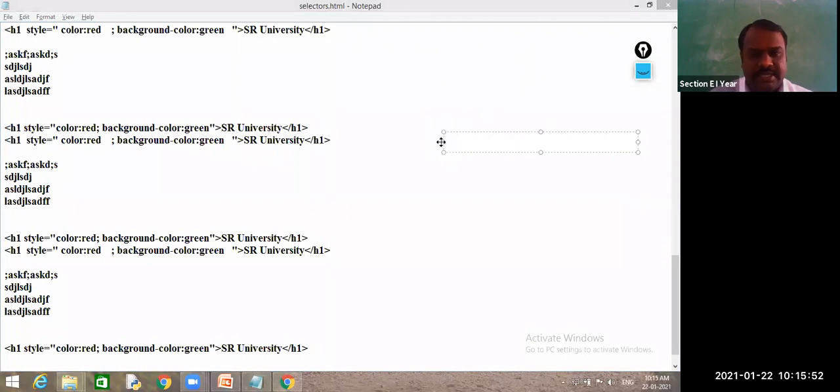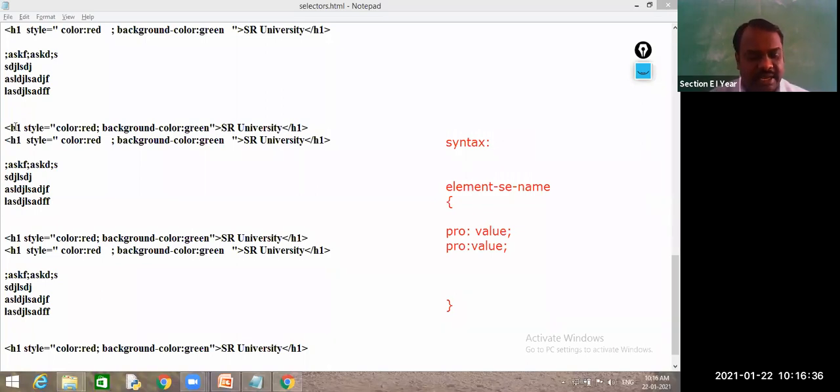First I will write the syntax. Selector name. Which selector is it right now? Element selector name. Next open bracket and close bracket, and here I will write property, next value. Next property, next value. Property values you write like that. If you write like that, you need not repeat the same property multiple times. Just use H1. Wherever you use H1, that same property will be assigned.